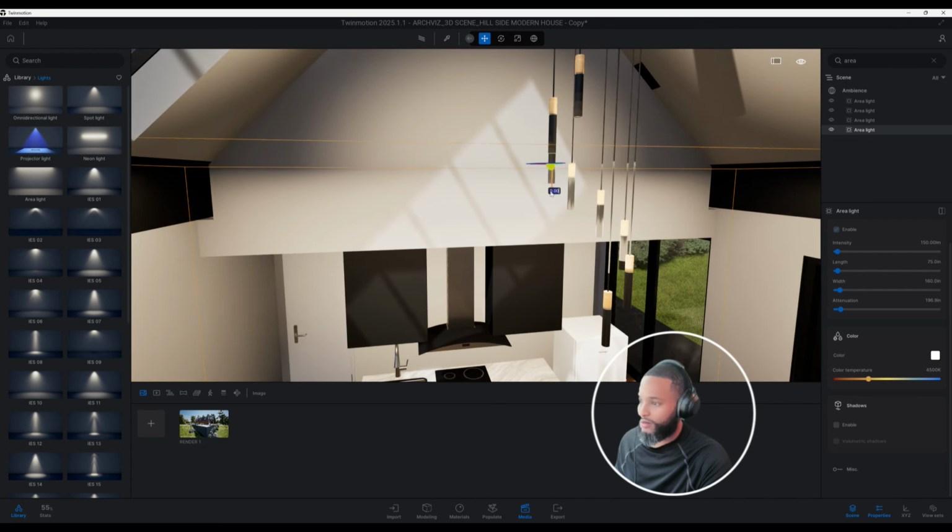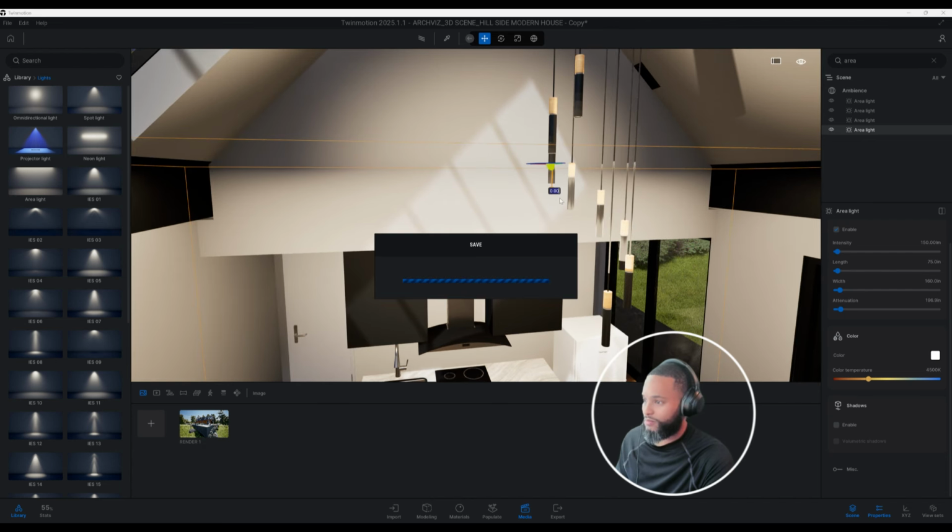And okay, now that my scene is saving, guys, don't forget to save your scenes. You may come across a crash. It's possible. You don't want to lose all your hard work. So make sure you go to your settings and save every interval of 15 minutes, 10 minutes, 5 minutes, whatever